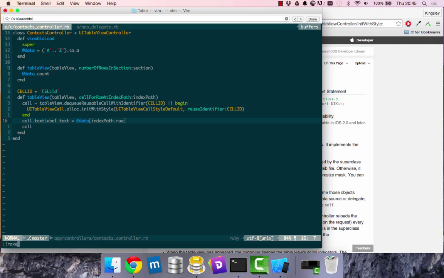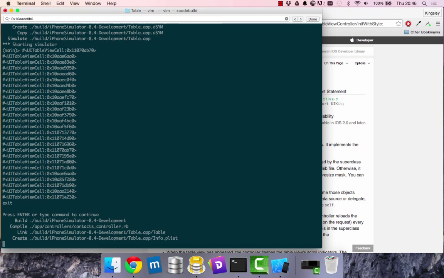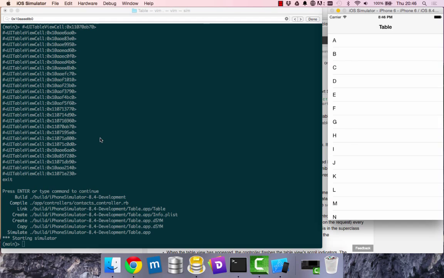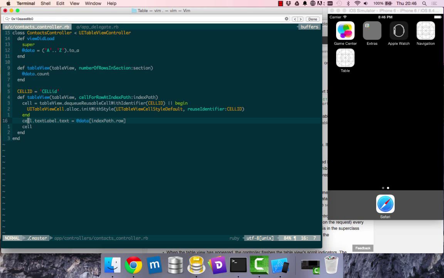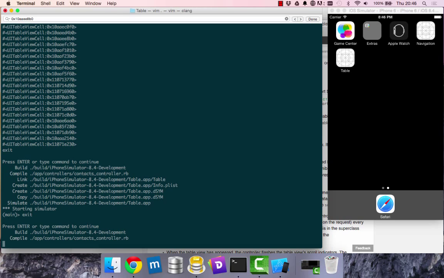All right, so save this and run rake just to see that everything is still the same. There shouldn't be any noticeable difference. And we have our A to Z as usual, so as we had it before. All right, but this time around, if we have a look at inspect, so if I say put cell.inspect, write this to disk and rake, and you will see